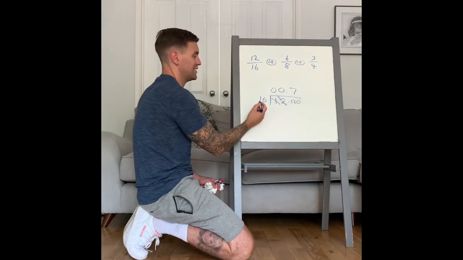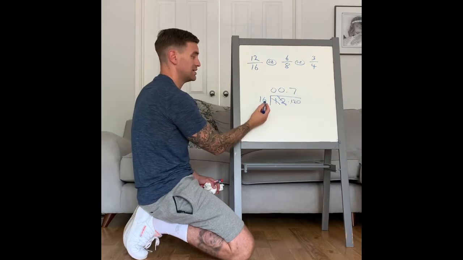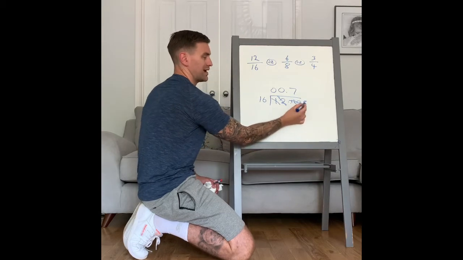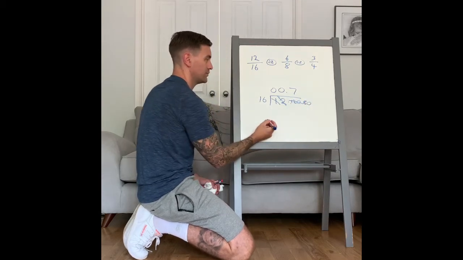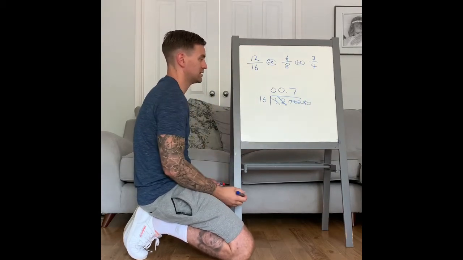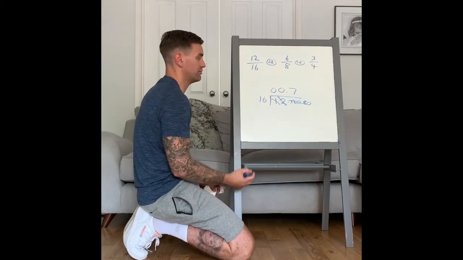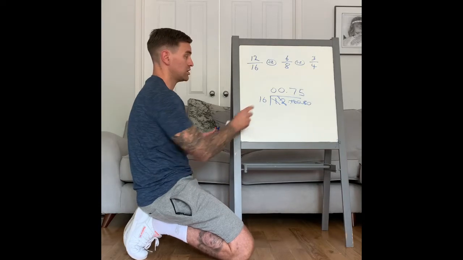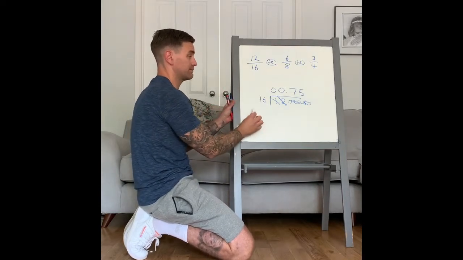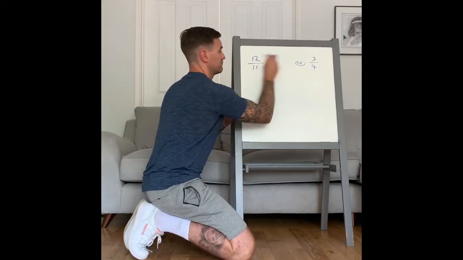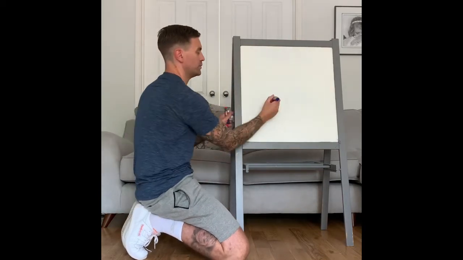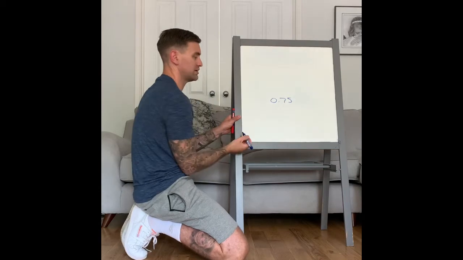Okay, 7 times 10 is 70, 7 times 6 is 42, that's 112, with 8 left over. So I put my 8, I've carried after the decimal point, put my 0. Okay. 16's into 80 goes 5. Okay. Slightly harder maybe, 2 ways of doing the same thing. 0.75. And so once you've got your decimal 0.75,